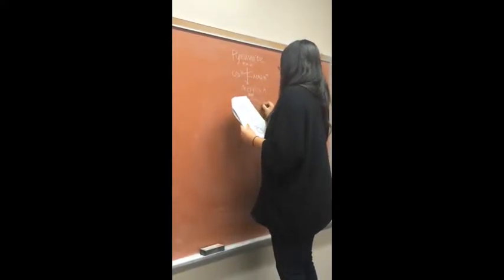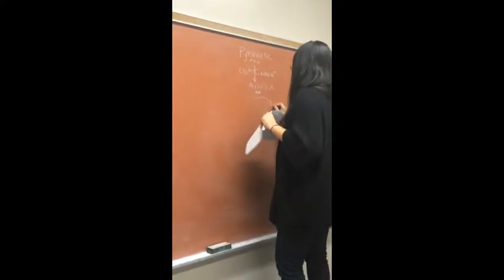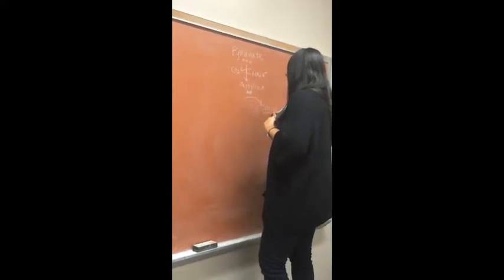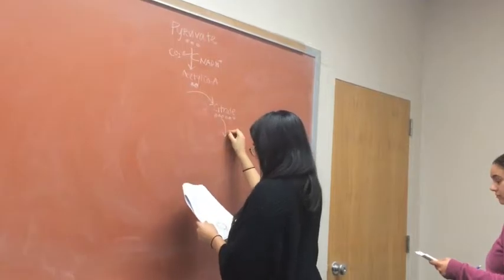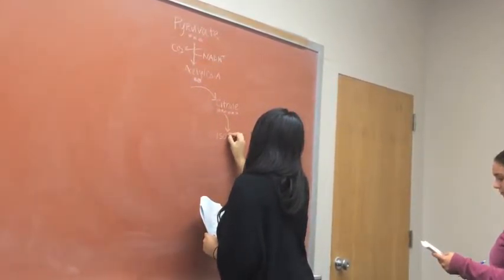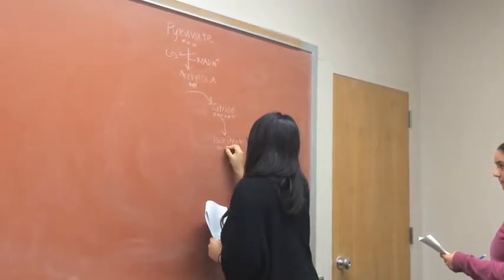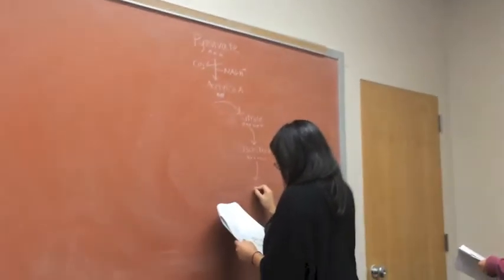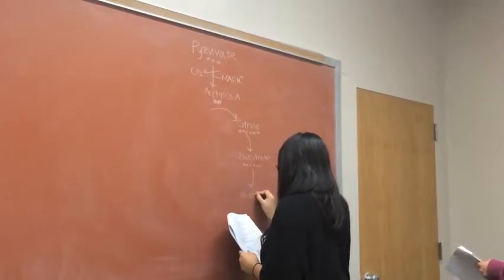We then go around the circle and acetyl-CoA turns into citrate, which has 6 carbons. So citrate, 6 carbons, morphs into isocitrate, and it keeps its 6 carbons. On its way to becoming alpha ketoglutarate,